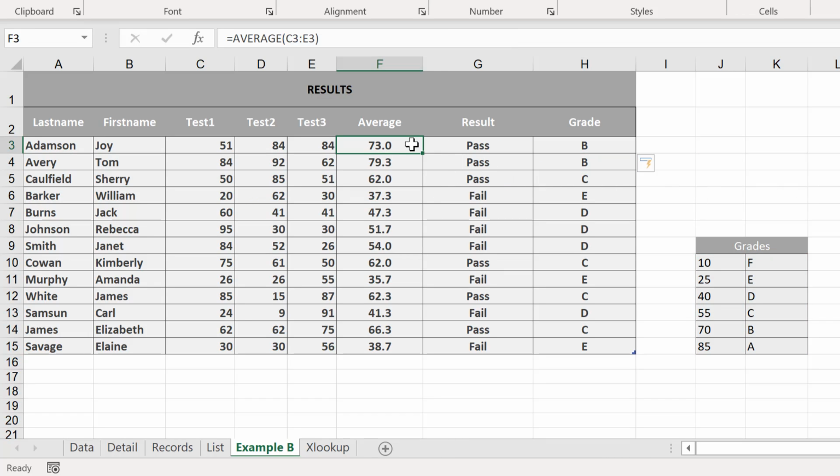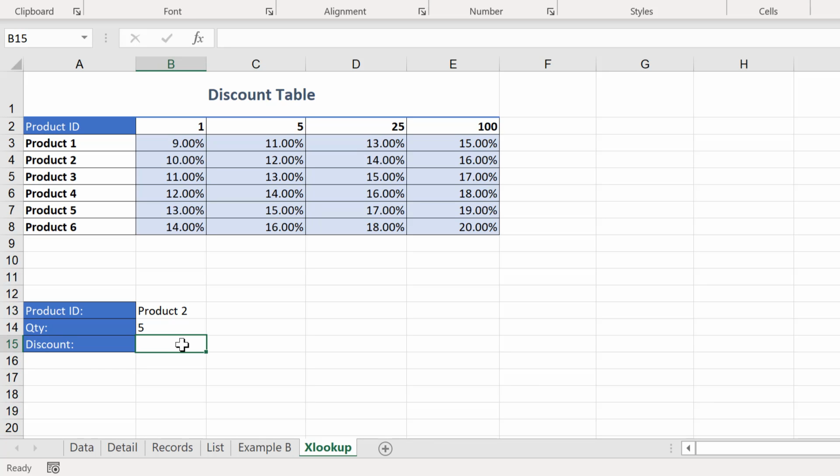Great, so let's have a look. So if someone gets 73, we can see they get a B. If someone gets 62, we can see that it's a C. They wouldn't get a B until they hit 70 or above. So that's working perfectly. Okay, in this next example, we're going to look at how XLOOKUP can replace MATCH and